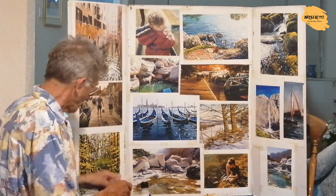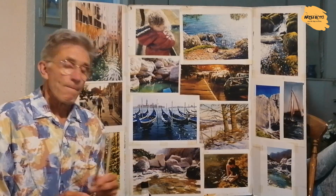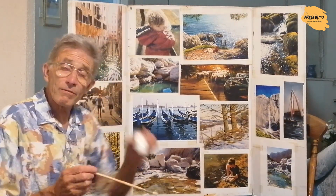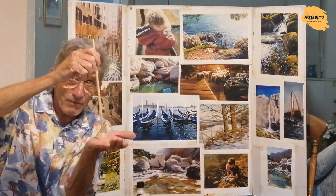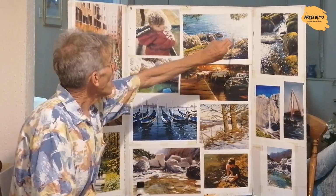Next technique. This is a cheap hog hair brush. In the UK you can buy them in cheap packs for children to paint with in the pound shop or other cheap shops. You get the brush, crunch it up a bit so it splays out, get some masking fluid on your palette, pour some out, dip it very gently into the masking fluid, and then dip it very gently onto the paper